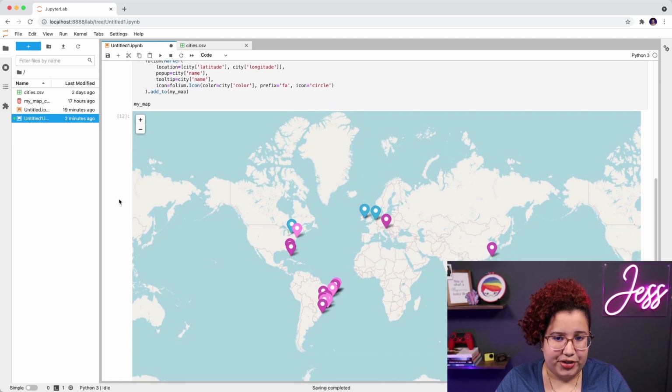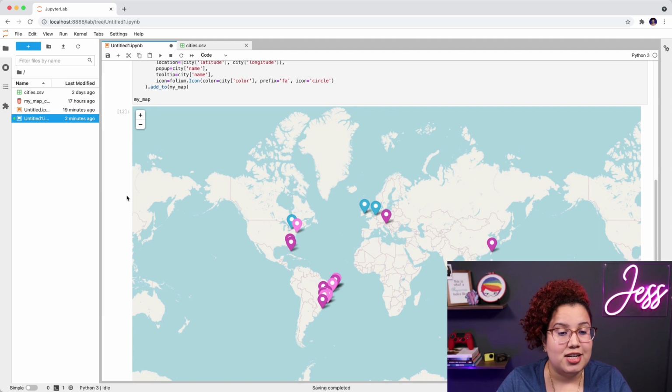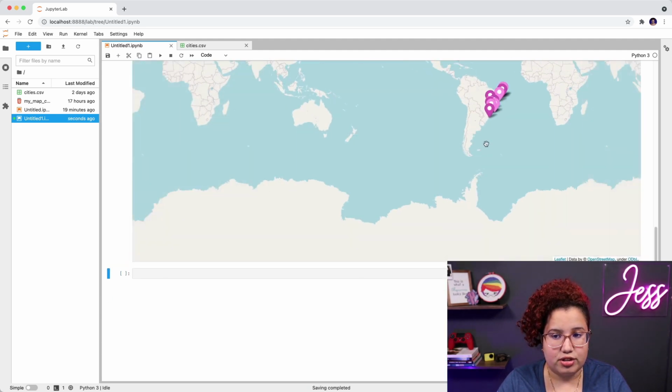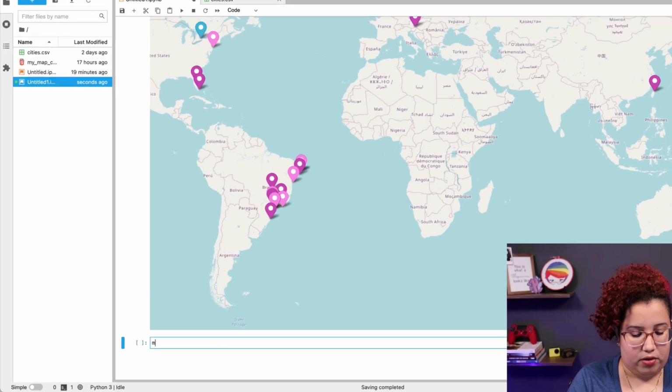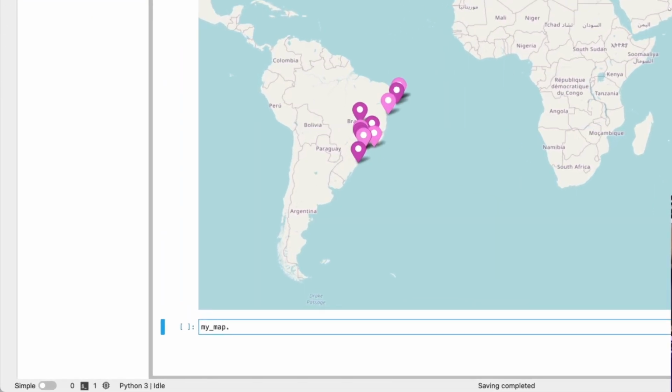The last thing that I want to show you is how to save this map, because you might want to display this to somebody, either on your website or send a cool image to your friends. To do that, you use a built-in method for the map object that is called save. The way to do this is calling my map and doing save, and you have to give it a name with the extension. This is really important because the extension is what tells the save method whether we save a static image like a PNG file, or an interactive image, which will be like HTML. So I'm going to do this, my awesome map,